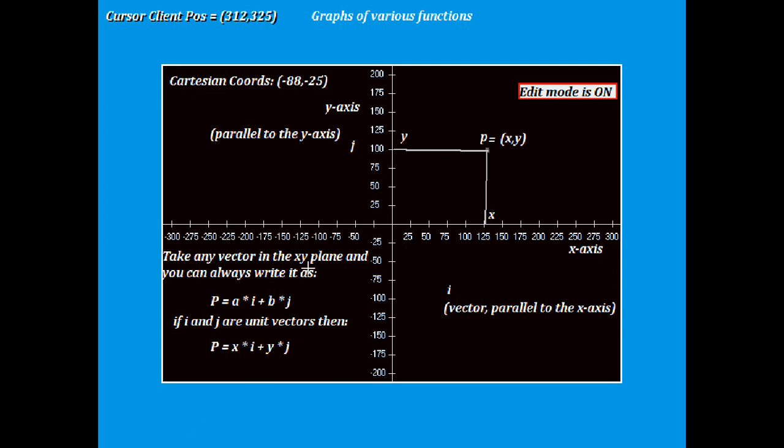Okay. Now, one of the things about these i's and j's is they don't have to be unit vectors. It could be w and z or whatever labels you want to give them. They are not unique in the sense of being able to describe this coordinate plane. You could form another set of